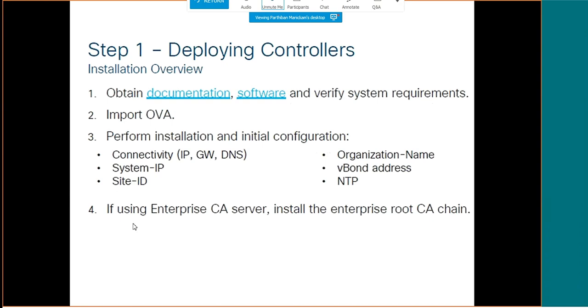So deploying the controllers: obtain documentation and software from Cisco software downloads. We can download the virtual image. So we download the virtual image for vBond, and we download the virtual image for vSmart and vManage. We import the OVA and deploy the virtual machine, and at the time of virtual machine deployment, we will initialize them: IP, system, site ID, organization, vBond, and NTP, and they will be ready to communicate with